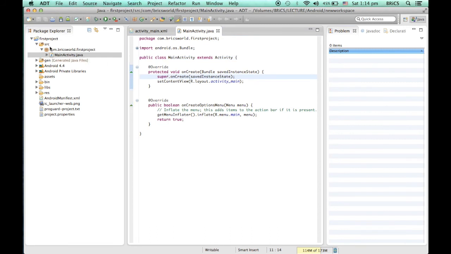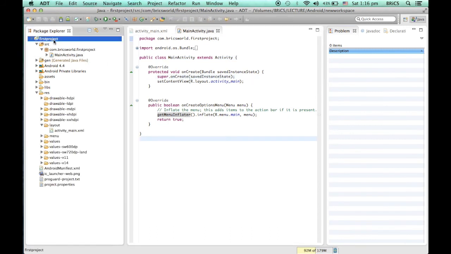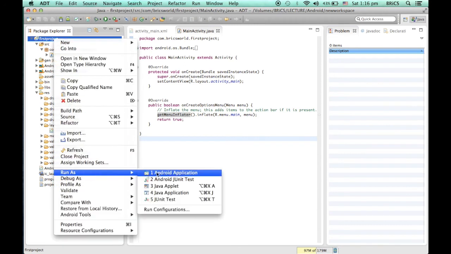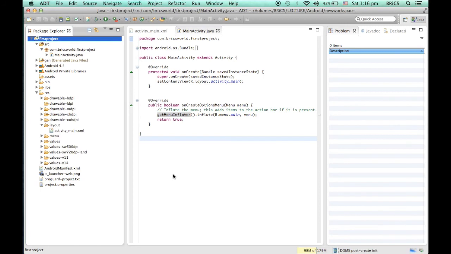Okay, so this is your first project. Right click on your first project, go to Run As and click on Android Application. So it will try to run your project.